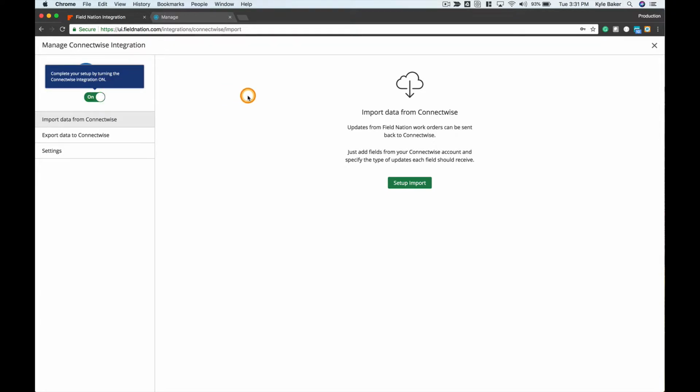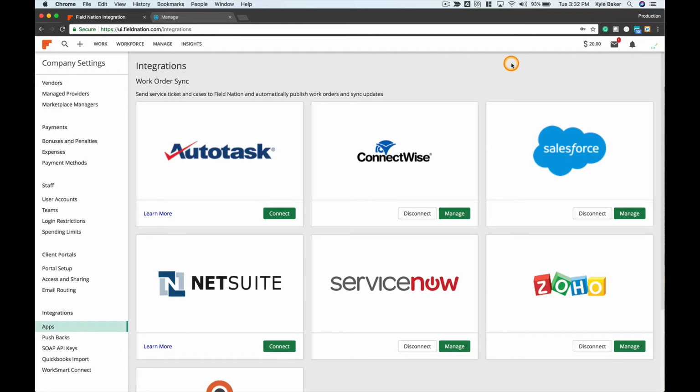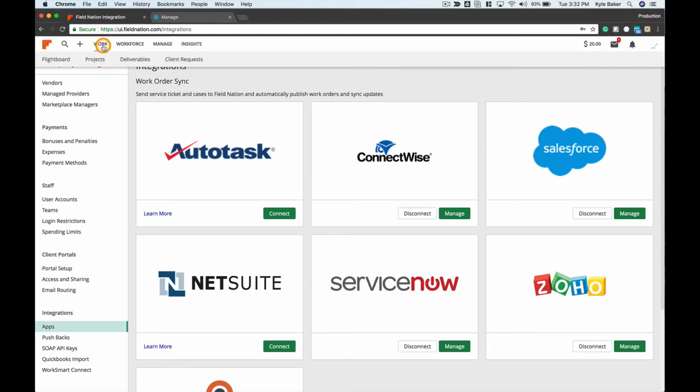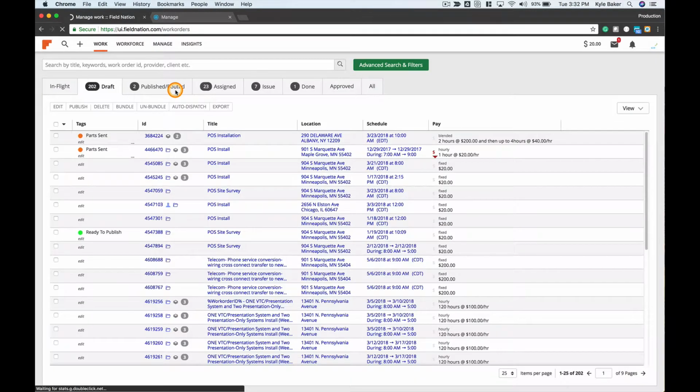And what Field Nation will do is we will then authenticate ourselves with ConnectWise. We will look at the template ticket that you gave us, and we will read all the fields and make sure that everything's good to go. Clicking on the X brings you out of that screen. And then if we go back to work and then Flightboard, well, this will take us back to the Field Nation